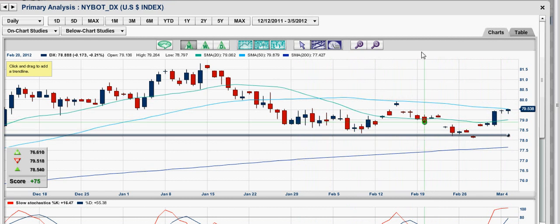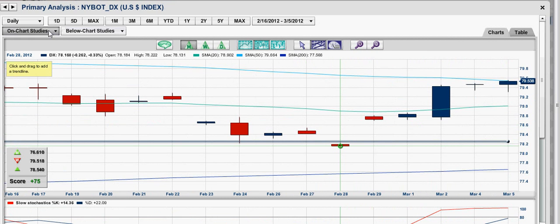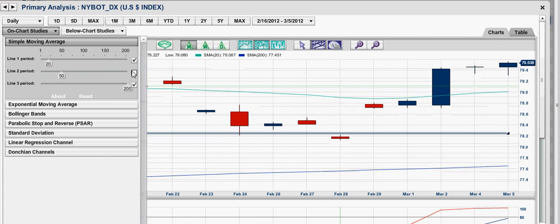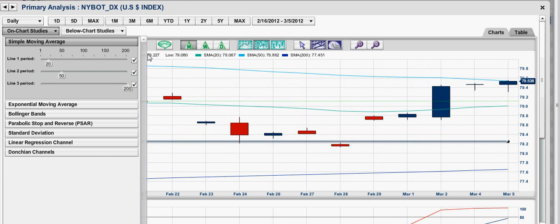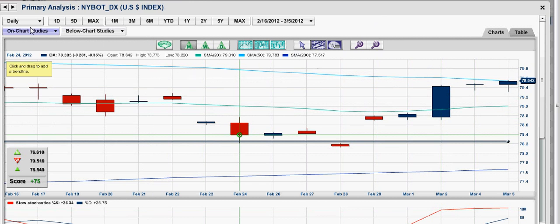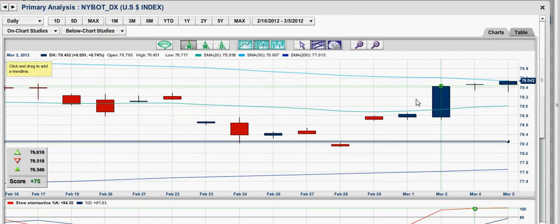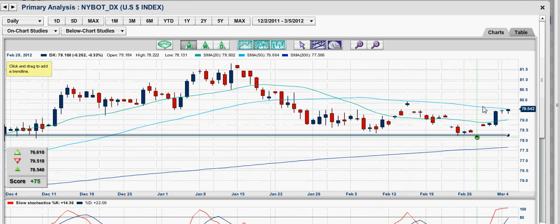right above here on that 20-day, I believe. Man, these lines are very confusing. Let me just turn off one of them to make sure. Yeah. So basically, it gapped right above that, just to make sure. Sorry, I'm probably killing you guys right now. Basically, it engulfed right above that 20-day moving average,